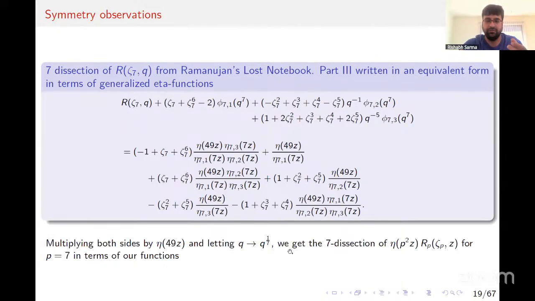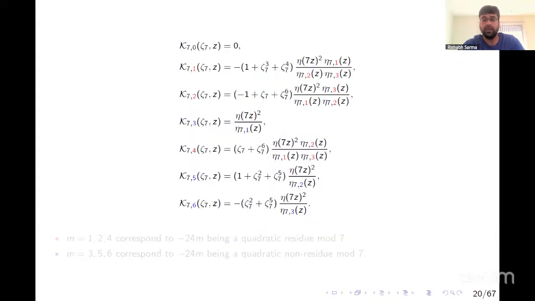And doing a little bit of manipulation here, trying to write it a bit neatly, we get the following. Here are the 7 elements of the dissection. Once again, the first element being 0 corresponds to the mod 7 Dyson's rank conjecture, and the rest of it is here. If we observe closely, we will see that for these dissection elements marked in red, there is some symmetry between them, and there is also some symmetry between these elements marked in blue. So as to say, these subscripts below are being permuted among each other, the ones in red and the ones in blue.